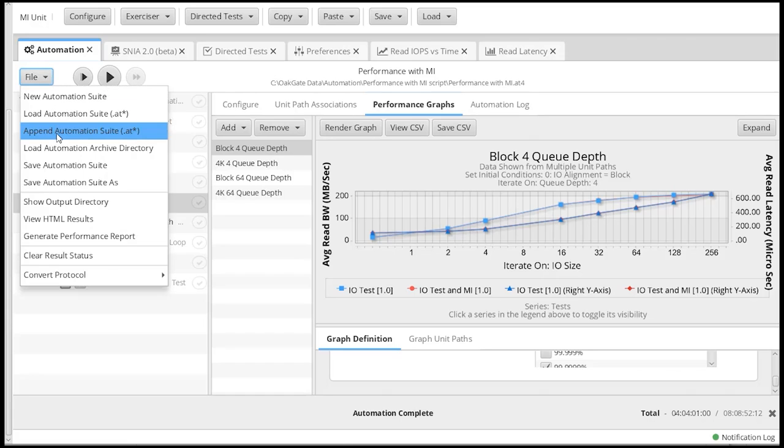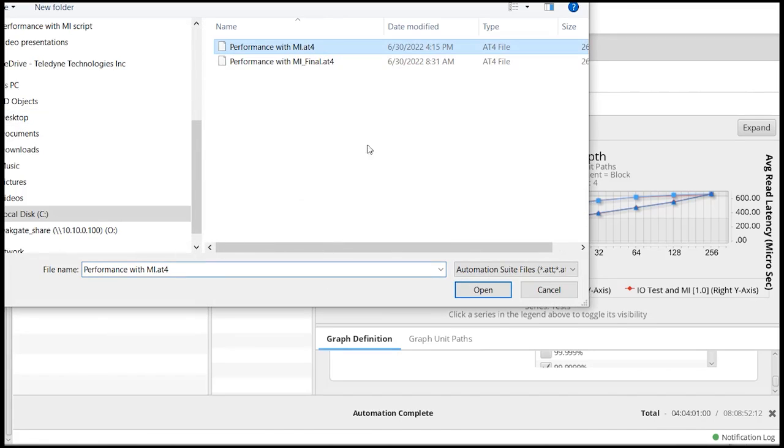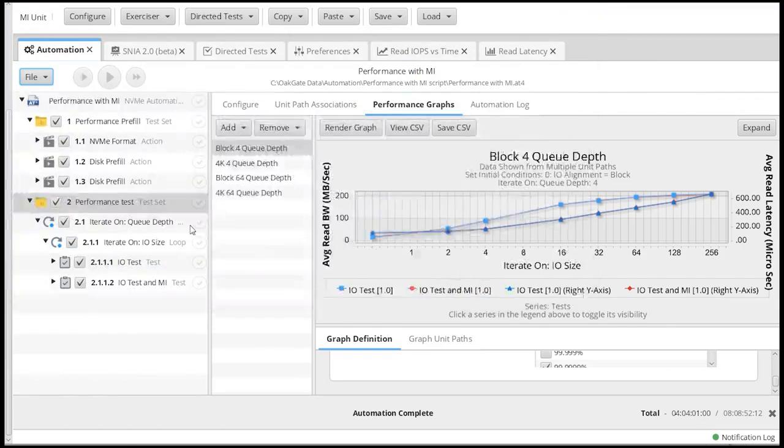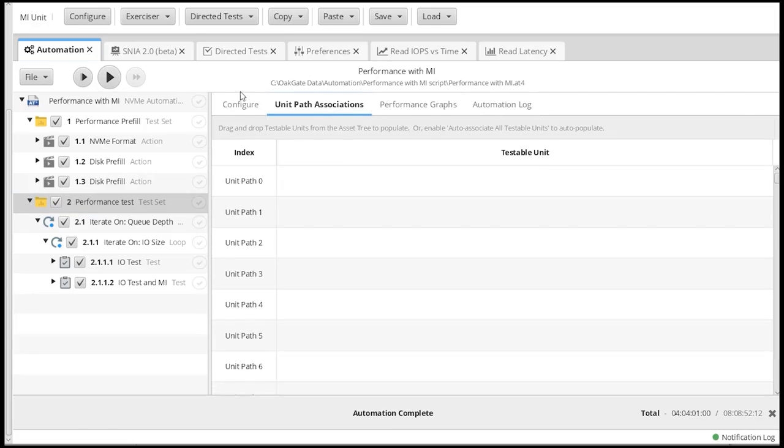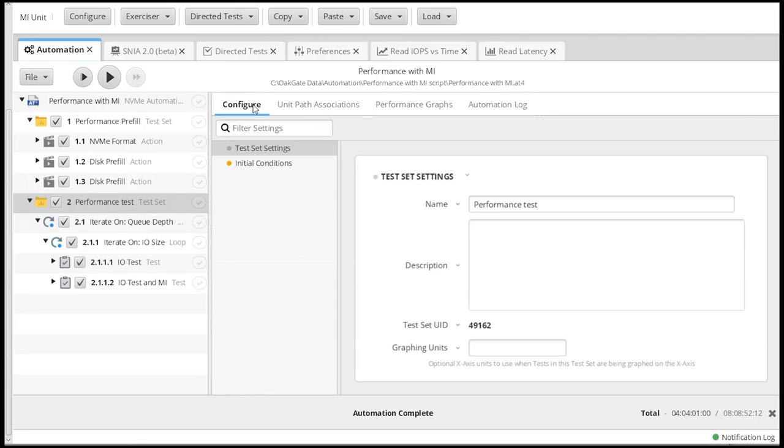So you can either save it or go to Load Automation Suite, and that's exactly what I did with this one, is load, and then here I have the same test. Hopefully this was useful for you in terms of how to do both the automation tab, how to do charts, do your associations, and be able to configure and define your test.